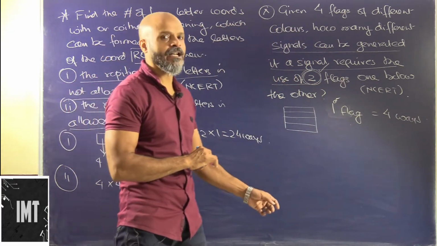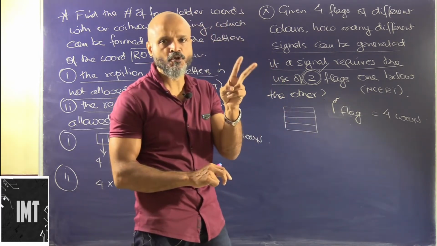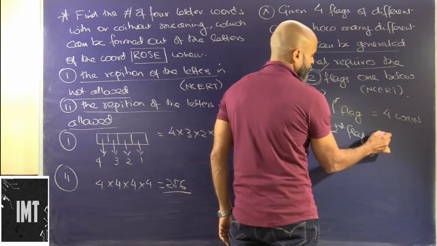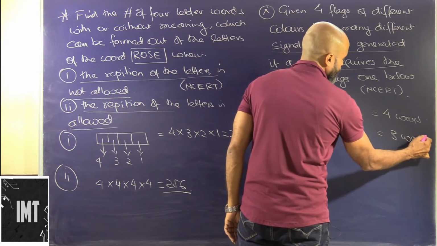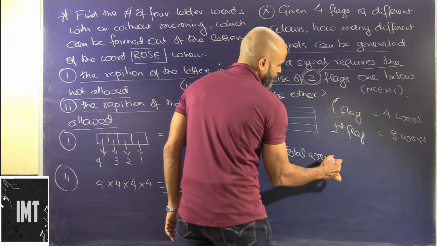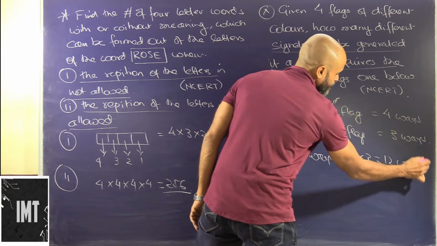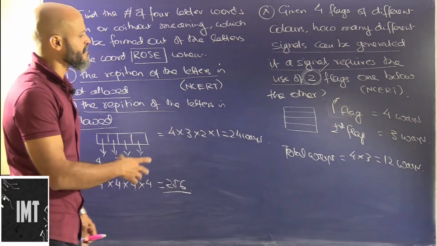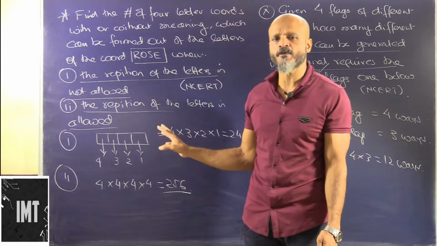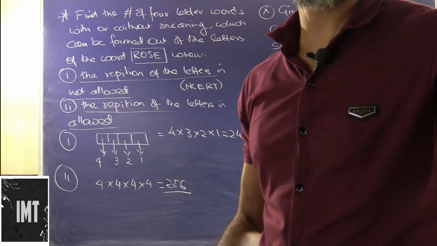Okay, now what are we left with? 3 flags, out of which to fill the second place we just have to use 1 flag. So the second flag can be selected in 3 ways. So total number of ways will be 4 into 3, that is 12 ways. That is how you can do it. Okay, so these were typical problems, very basic concepts required here. Okay, we will move into the difficult ones as well.